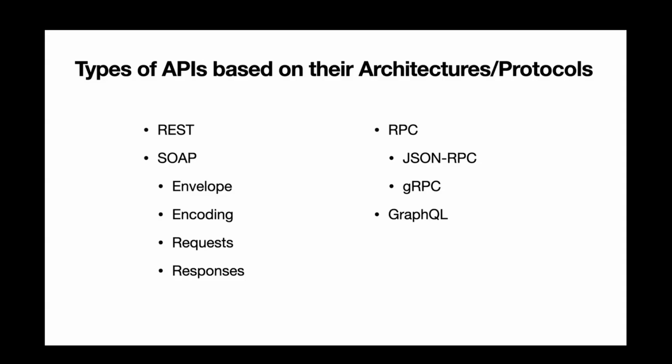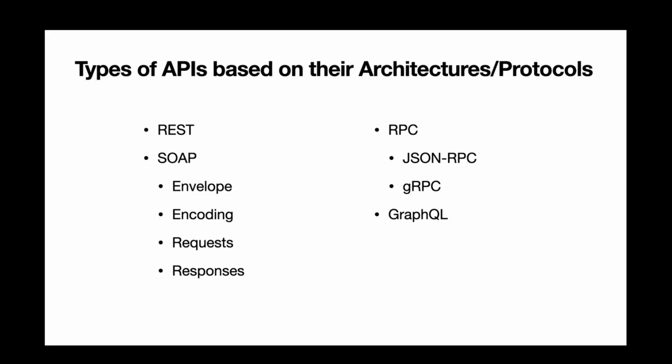The next architecture is GraphQL. It is a query language for APIs and a runtime for executing those queries. It allows the clients to specify exactly what data they need, which reduces overfetching, that is getting more data than needed, and underfetching, that is requiring multiple requests to fetch all the data. In GraphQL, clients can request exactly the data they need,